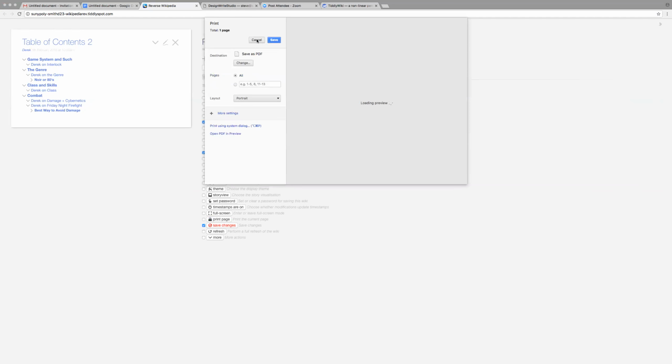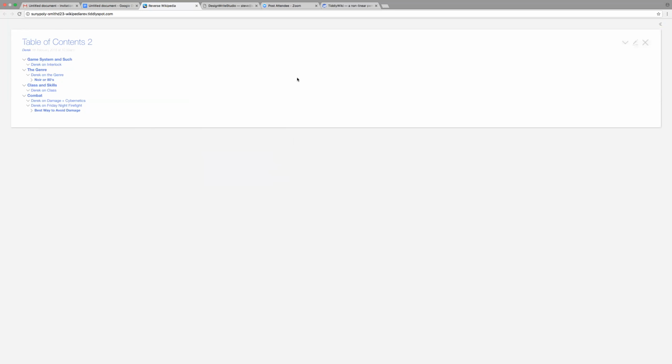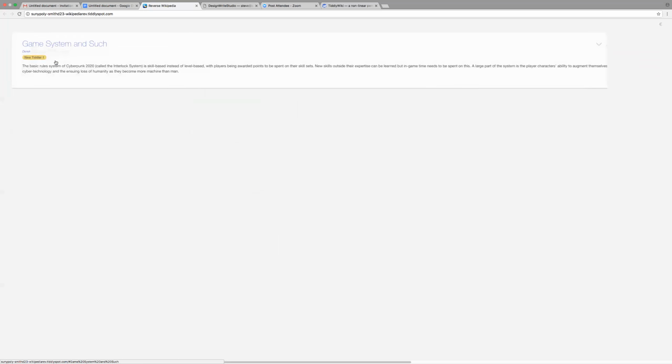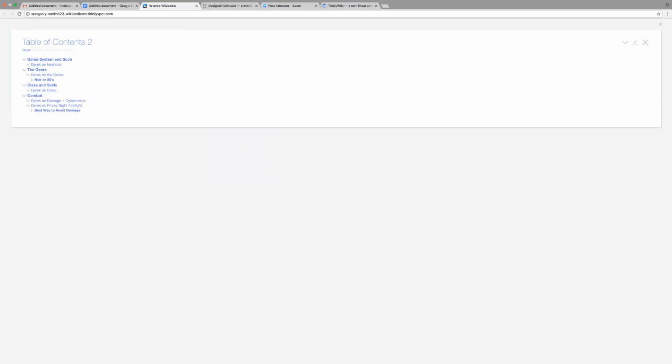And now go to Table of Contents 2 and close your sidebar. So now we've switched TiddlyWiki to zoom in mode, which is one tiddler at a time. So click on one of those in Table of Contents 2, and it takes you right there. And now close that tiddler, and it'll take you back.